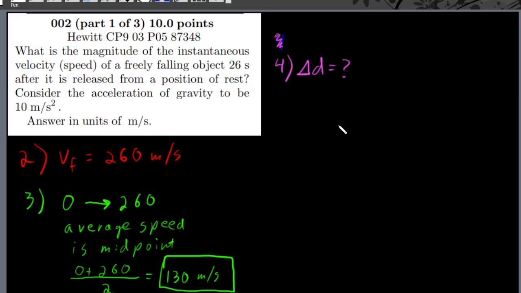So once again, there are two ways to do this. You can either say, well, gosh, if the average velocity was 130 and the time was 26 seconds, if it fell with an average of 130 for a time of 26 seconds, then we could just multiply 130 times 26 and get our answer. I'm not sure what that is and don't have my calculator with me, so I'll let you punch the numbers there at your desk. The other way is we could drag out the math